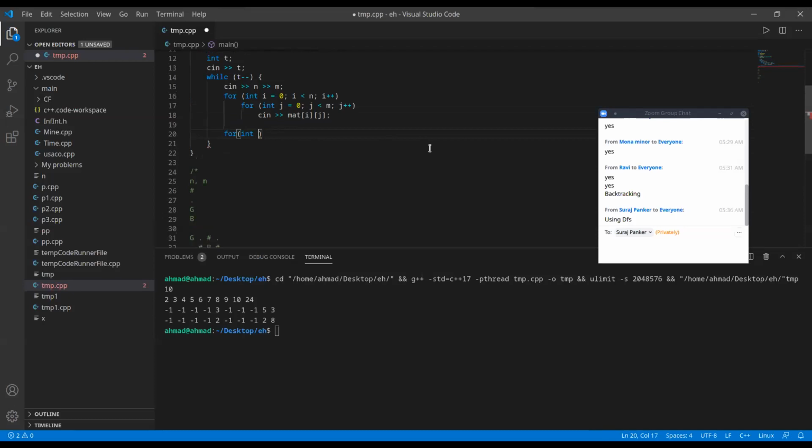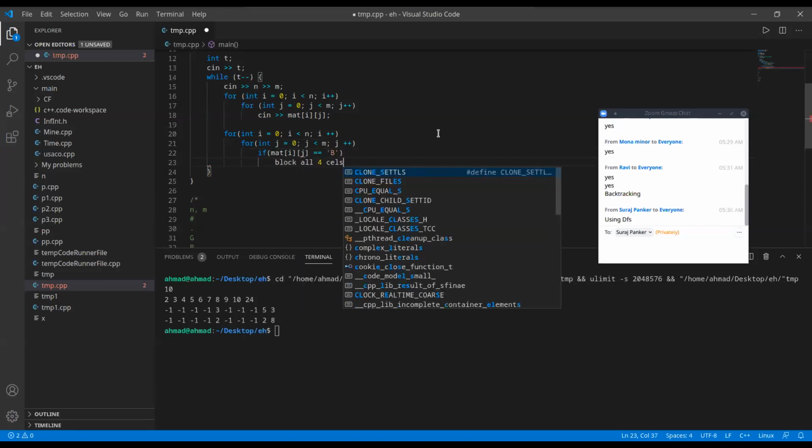So for int i equals 0, here we check if this is a bad person. If mat of i of j equals bad, we'll block all 4 cells, right?